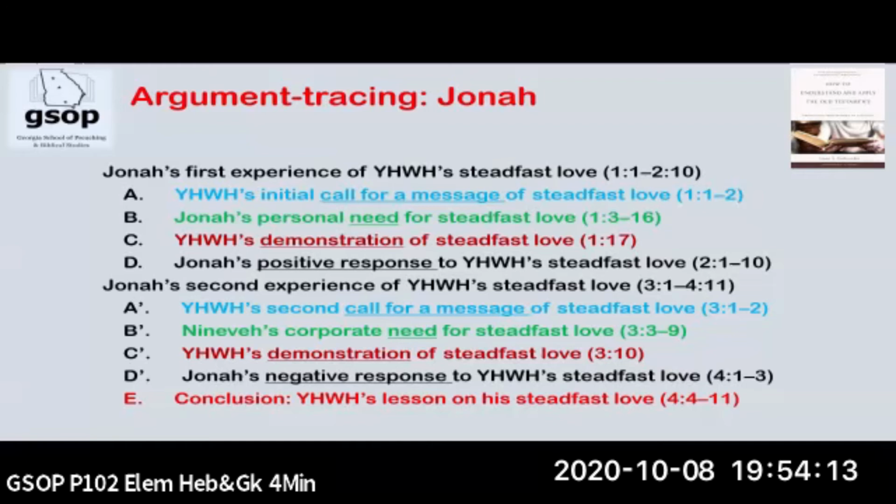And then we see in D, Jonah's first experience of God's steadfast love, Jonah's positive response to Yahweh's steadfast love in chapter 2, verses 1 through 10. I won't read that whole thing for time, but there Jonah, while he's in the fish, what did he do? If you watch Pinocchio, when he is in